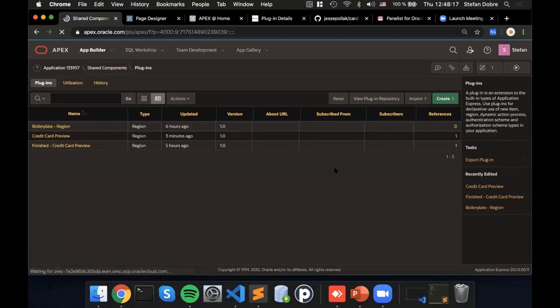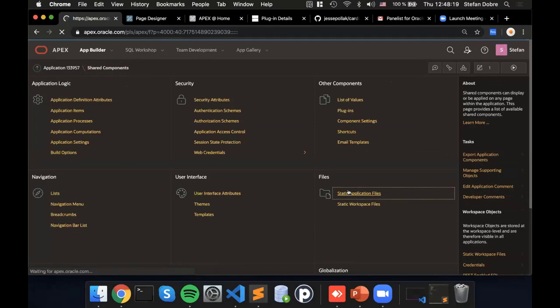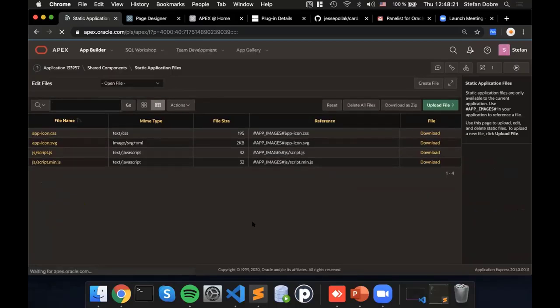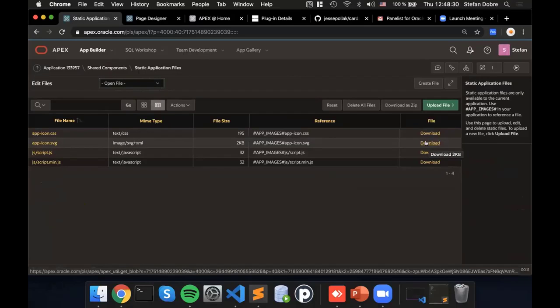Let's go to share components. In short, the magic is basically there are two problems: fetching the file and saving the file. We already have this download button right here, right? So we fetch it via JavaScript, we fetch the contents, we call that link, and then we just display it